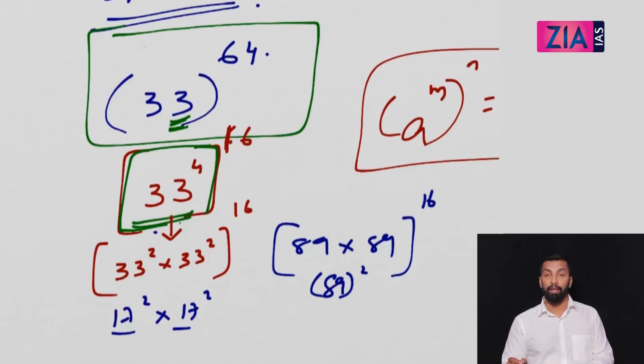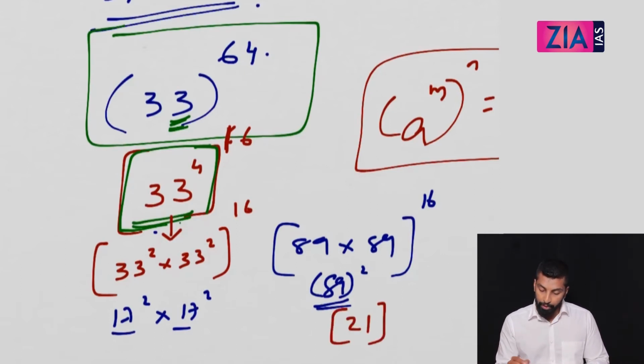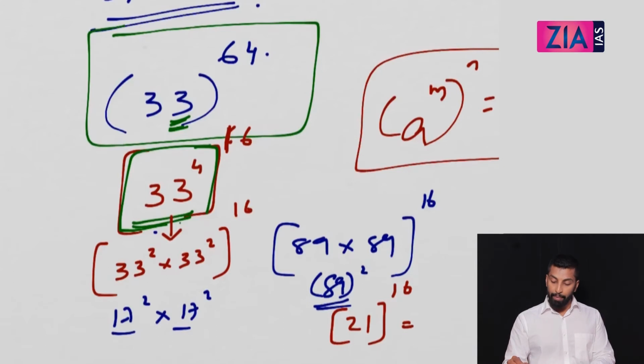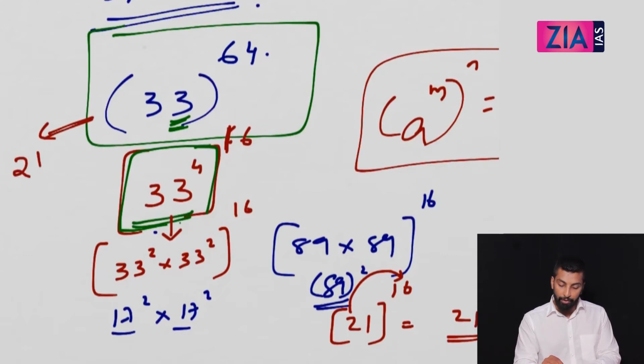I don't know what 89 square is, but I know 11 square. 11 square last 2 digits will be similar to 100 minus 11, that is 89, right? So 89 square last 2 digits, if I need, I'll get it as 21. I'm not interested in whatever is coming. Now you can solve this question by finding the answer for 21 raised to 16. What is that? Number ending in 1, last digit will be 1. Previous will be 2 into 6, 2. So for this given question, last two digits will be 21.